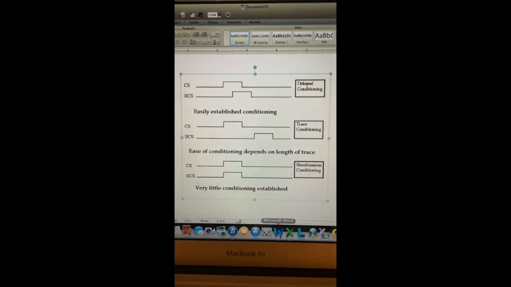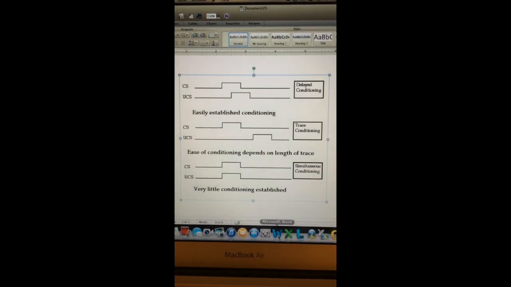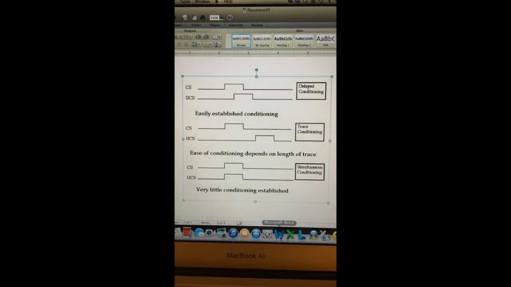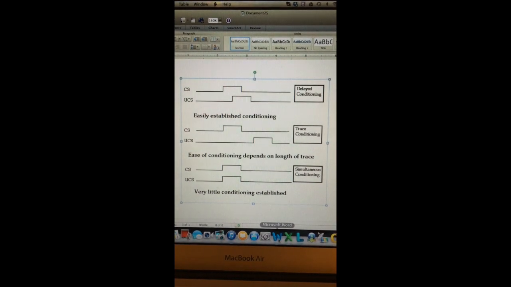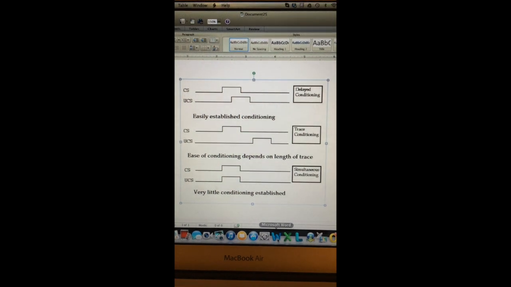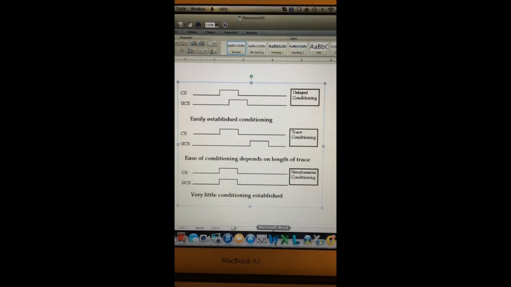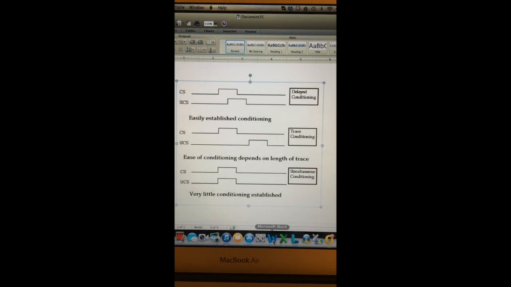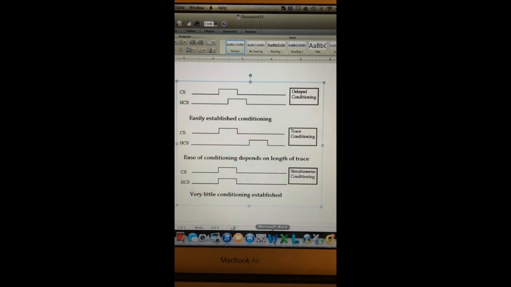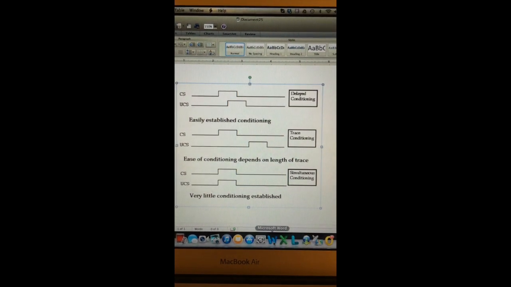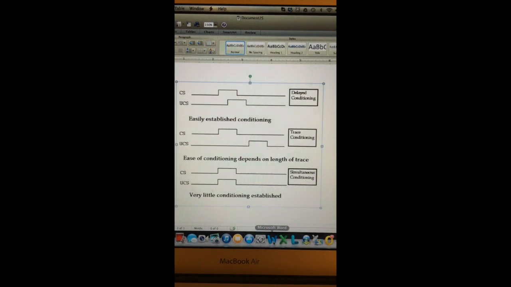Now, the textbook doesn't really talk about this, but there are various ways that you can put together the conditioned stimulus, labeled here as CS, the bell, and the unconditioned stimulus, labeled here as UCS, the meat powder, in order to produce the learning. In the top one, we call that delayed conditioning because the conditioned stimulus comes on, and the bell rings for a while, the meat powder begins,